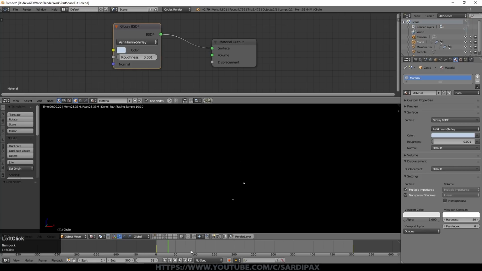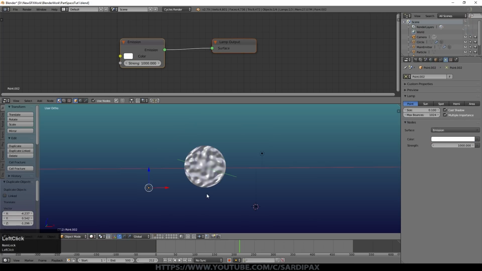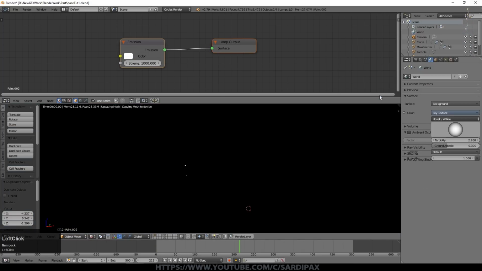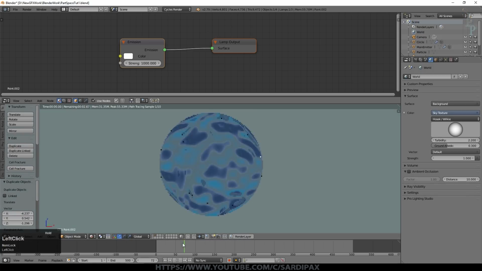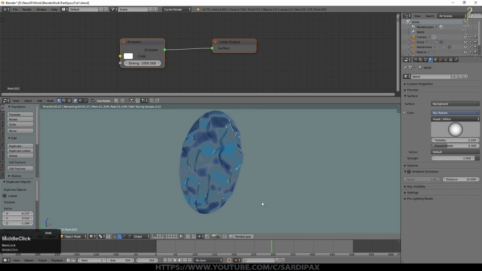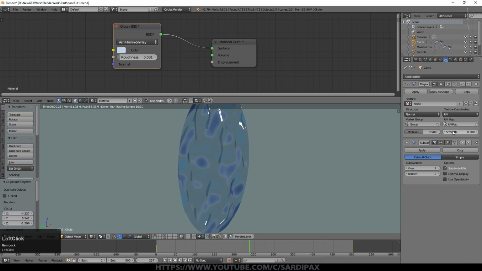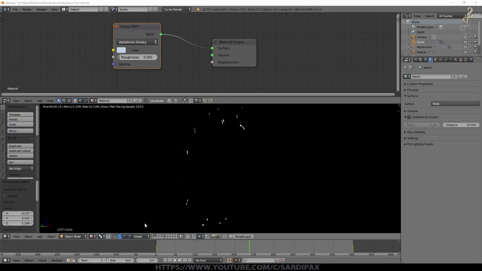Now if we scroll through, there's not anything else at the moment to reflect in the scene, so we're not seeing an awful lot. I'll put a couple more in, and if I put a sky texture on, now you can see what we've got. You can see how it's changing strangely there. And we can adjust the strength of it here to make it more or less as we want to. So that's all we needed to do for that.